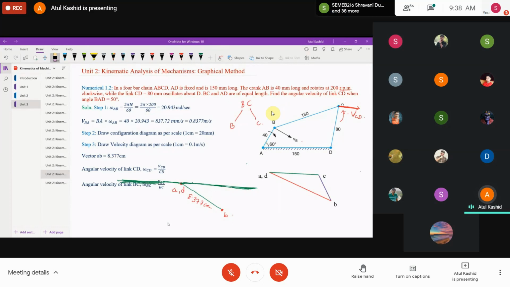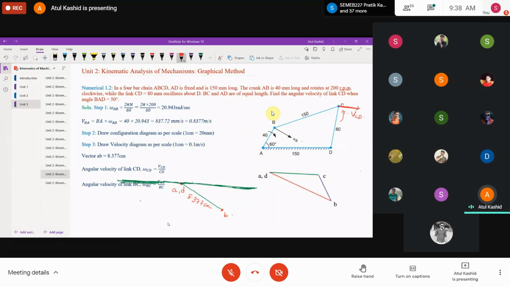If you see the previous vectors for AB and CD, we have drawn from A comma D because they were with respect to some fixed point, right? But here B and C, none of the points is fixed. So we can start with the point B or with the point C. But again, in the velocity diagram, as we can see, we have 3 points, A comma D and B, right? But we don't have C with us, right? So what is the option remaining with us? We can start with the point B, right? We can start with the point B.